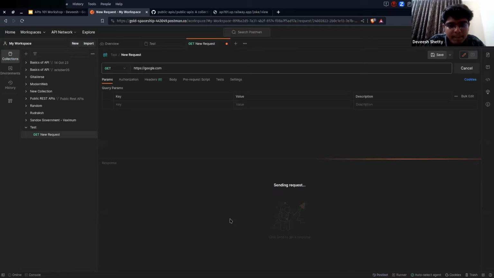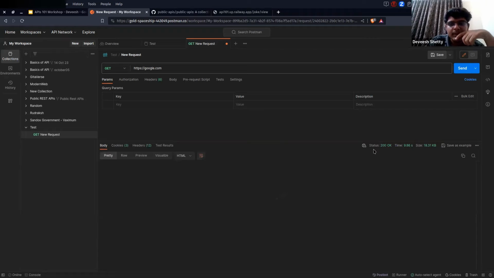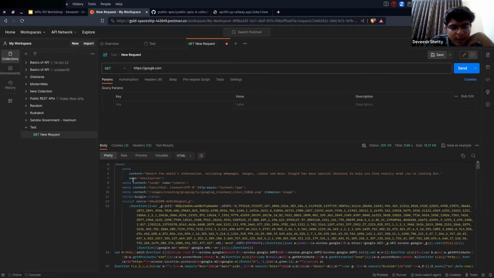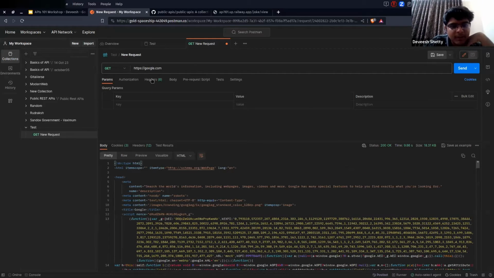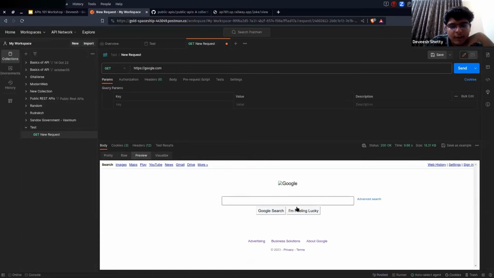Okay. So I should get a response. See, this is status. I will tell you what is status, HTTP status. So I got one response, but this is not readable, right? I got one HTML page because this points to an HTML page. So Postman has a very good feature. You can preview. So if I preview this, see, I got the entire Google interface here. So this is how, like when you search in the browser, this is the request being made to the Google server.